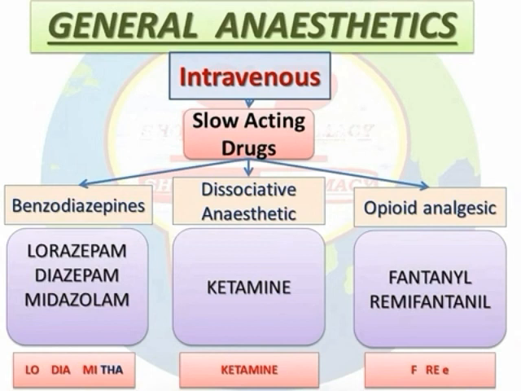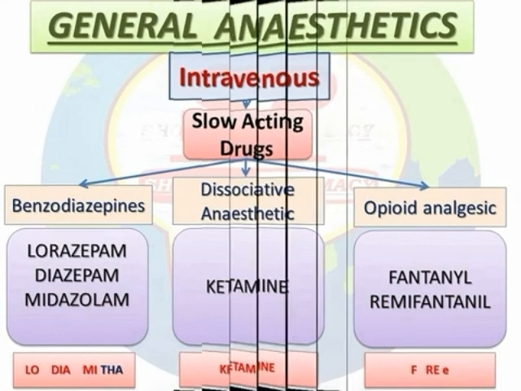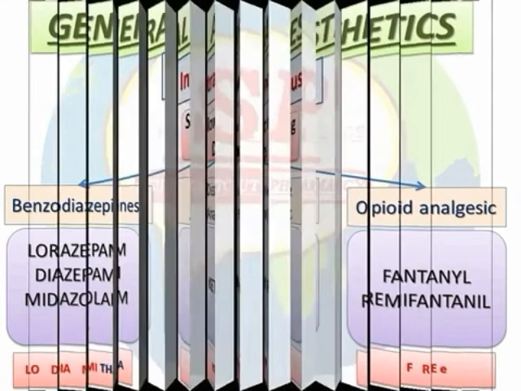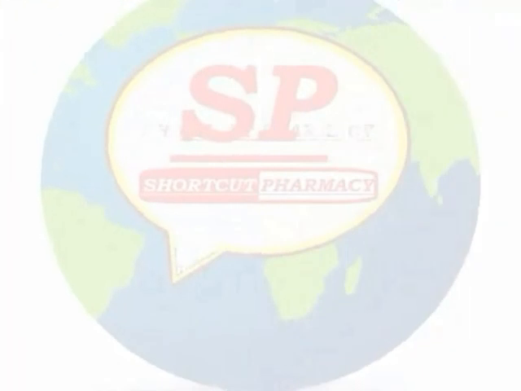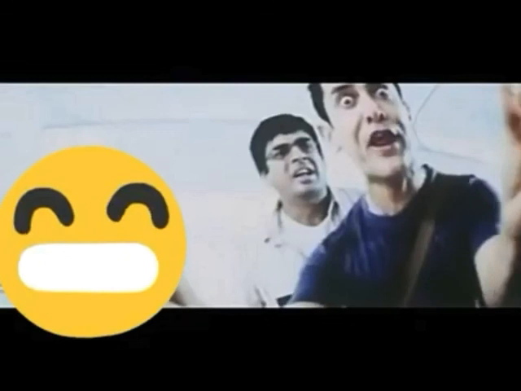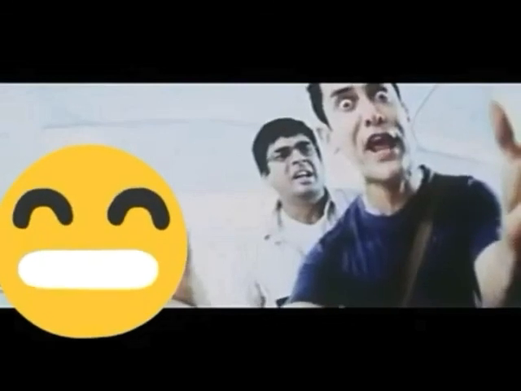So the next one is inflammable anesthetics. The examples of inflammable anesthetics are ether, ethyl chloride, ethylene, and cyclopropane. The general anesthetic with poor muscle relaxant property is nitrous oxide, and the general anesthetic with very good muscle relaxant property is ether, and the safest anesthetic in unexperienced hands is ether, and the most commonly used gas anesthetic is nitrous oxide.